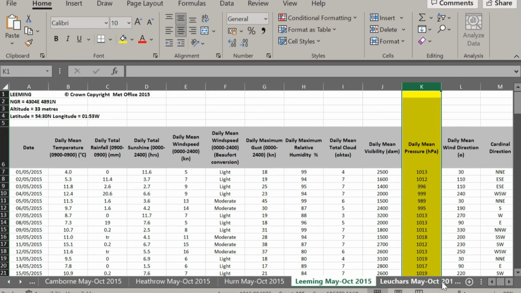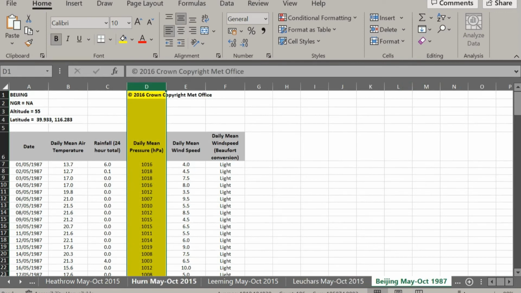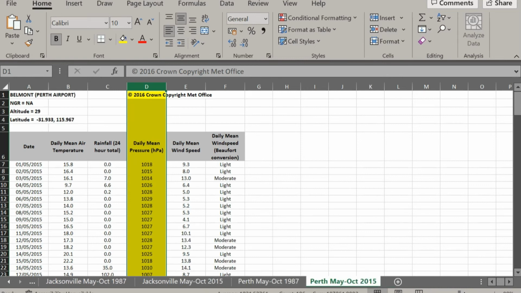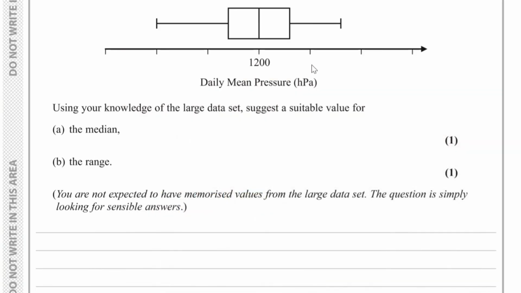And you can see as I flick through the various tabs of the large dataset, we've got values around 1020. So for the median, instead of 1200, what I would expect is a median of around 1020 hPa instead. And then when we take a look at the range,